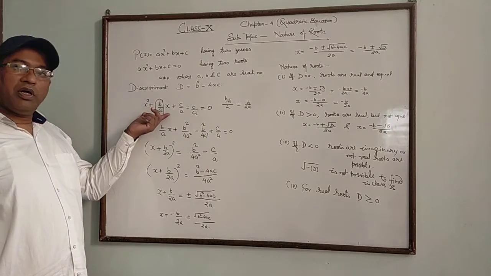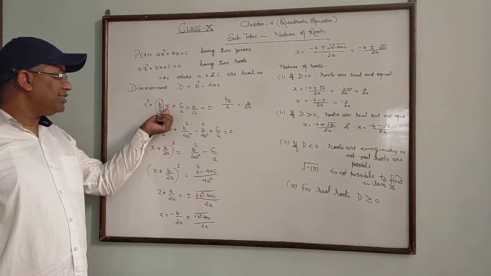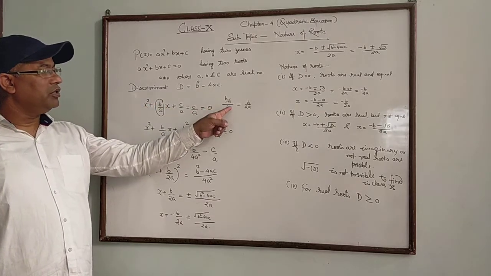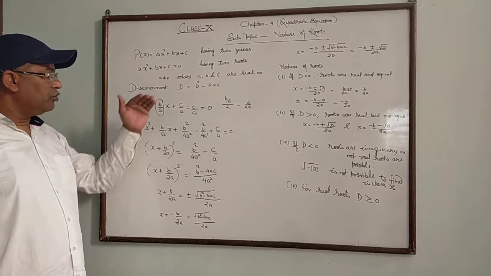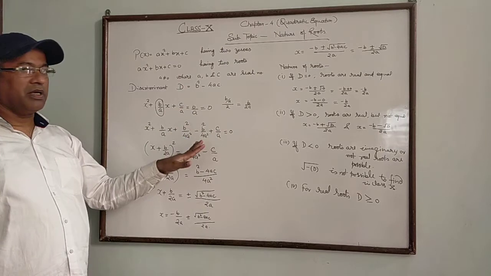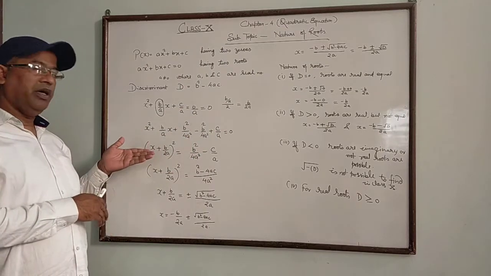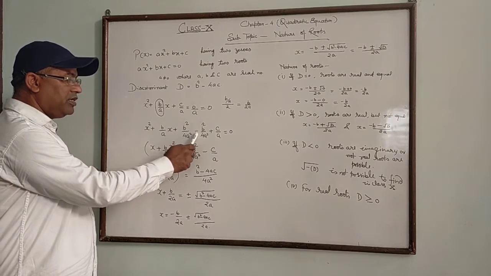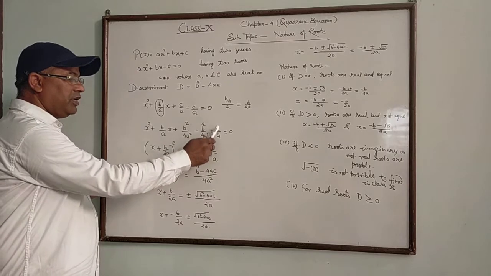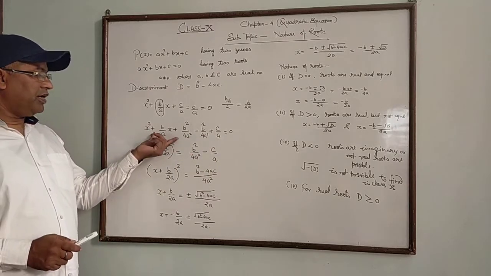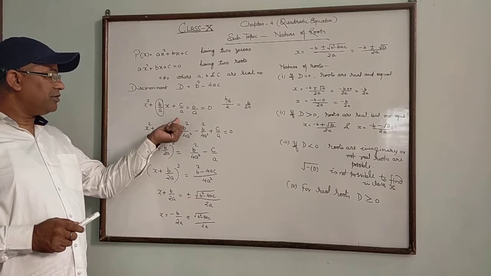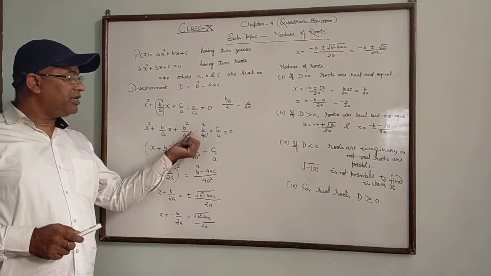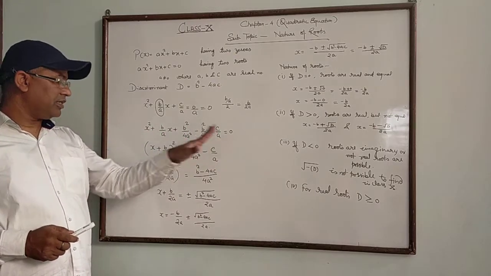Now we want to convert it into the complete whole square form. First of all, see the coefficient of x, that is b by a, and divide it by 2. So we obtain b by 2a. Its square we add and subtract, which means there is no change in the value of the equation. So it becomes x square plus b by a x plus b square upon 4a square minus b square upon 4a square plus c by a equal to 0. Always remember: the plus part you take together with this one, and the minus part you transfer to the other side.